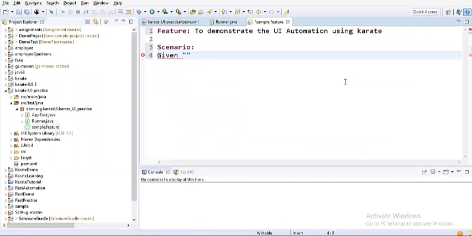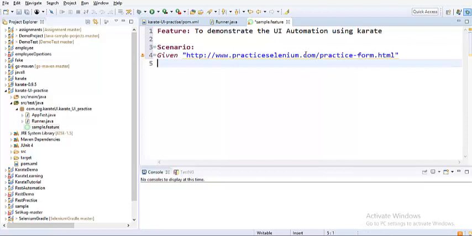Let me just put given URL, and then when. So instead of given and when, you can also use and, or you can also put star if you are not bothered about what kind of a step it is.